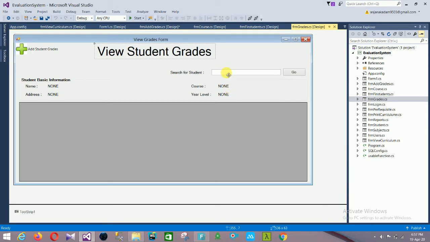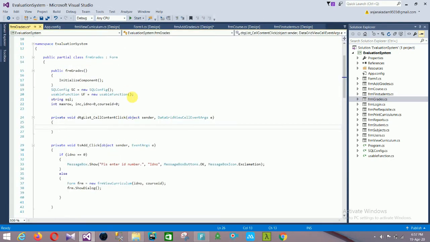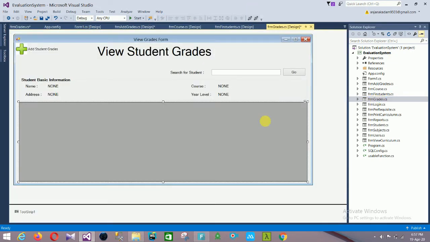You can search a student by roll number or by name and click go. When you click on go, it automatically filters and updates the data grid view.